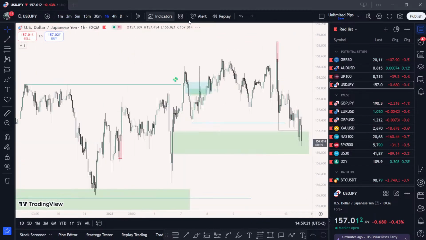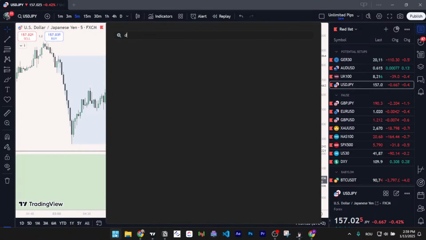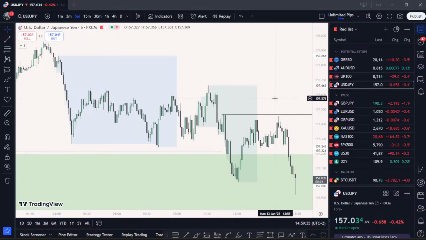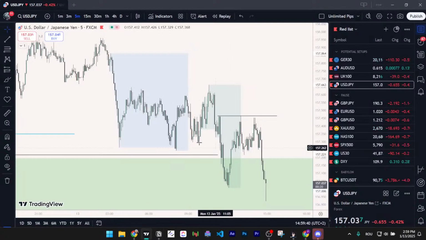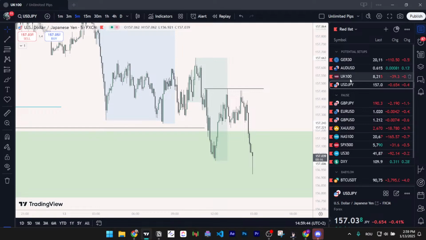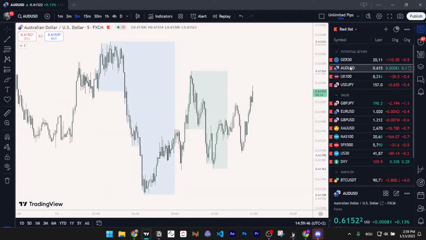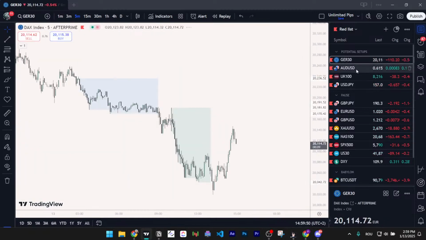We'll see. GPI, I think GPI pairs, if I'm not mistaken, have a bank holiday today. So I don't know if I'm gonna trade it, but we'll see. So we are rejecting pretty good off the lows. We have very significant liquidity here, lower time frame liquidity, but I don't know if I'm really trying to trade a bank holiday. Again, my main pairs of choice will be DAX and AUD USD.